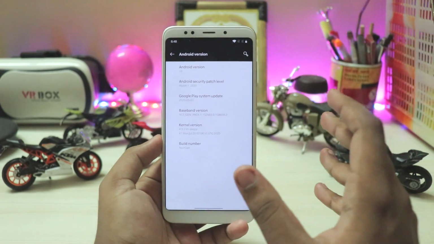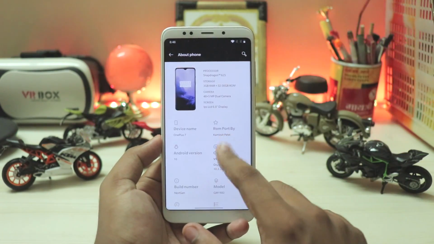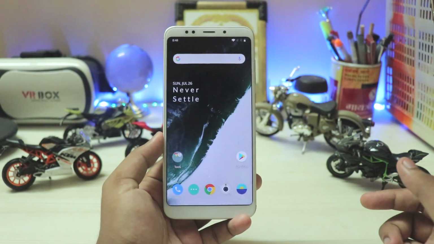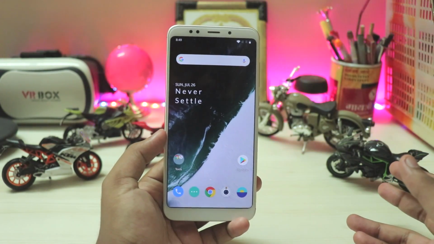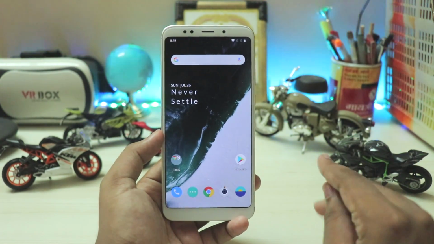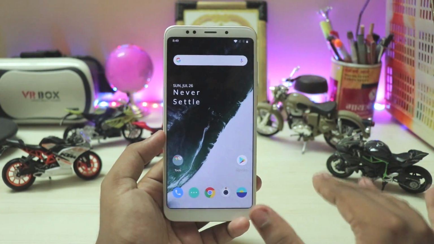And yeah, that's pretty much it for the OnePlus 7 stable build for the Redmi Note 5. Now, how to install it? Again, I require you to have a bit of knowledge in installing custom ROMs. If you are very new to it and don't even know how to install a recovery, just don't try it, not worth it. But if you have actually installed custom ROMs previously, this is worth a shot.